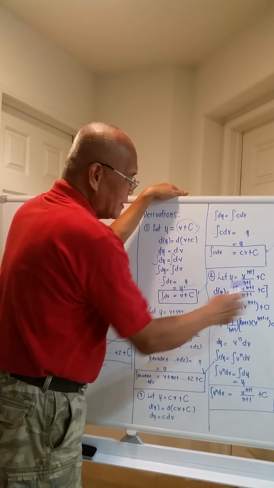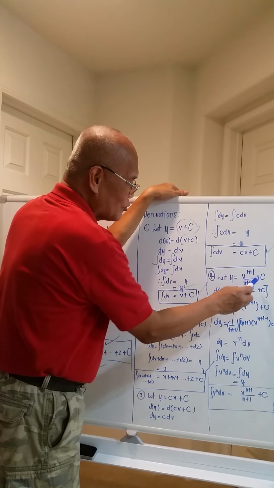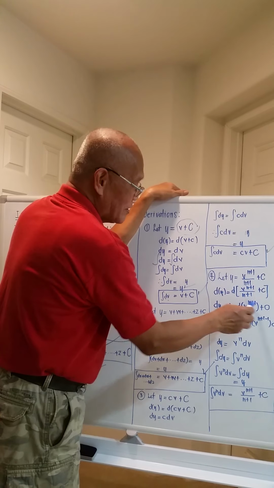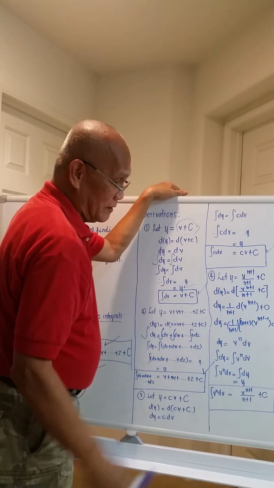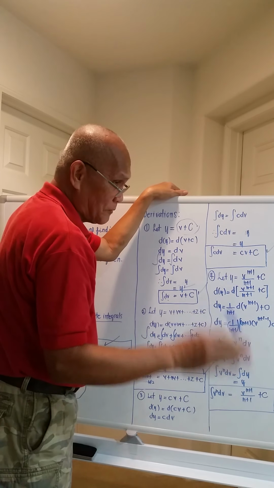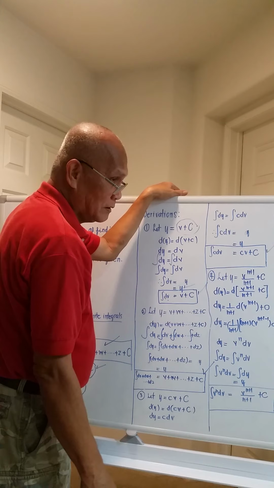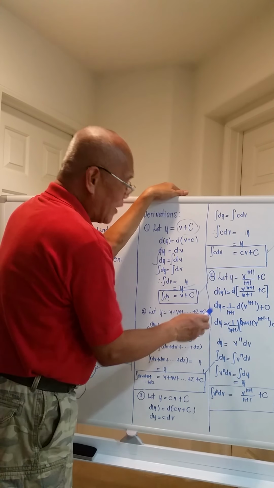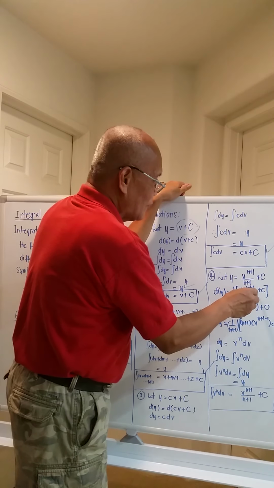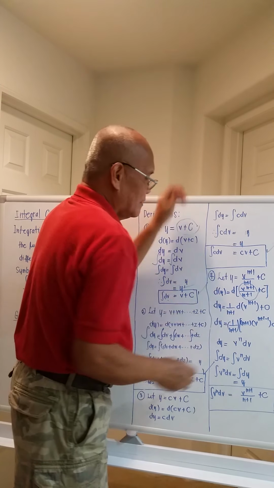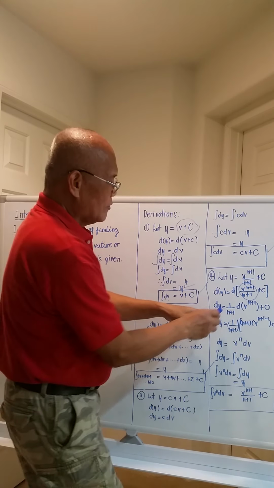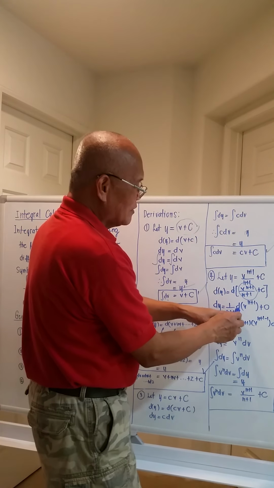The differential of the right hand side is the differential of v raised to n plus 1 over n plus 1 plus C. But the terms on the right hand side are a little bit complicated. The first one has a fraction and the second one is a pure constant. So take the differential or derivative individually. Okay? The differential of y, this falls under the power formula. But n plus 1 is a constant. Actually, we could bring it out. Okay? 1 over n plus 1 times the differential of v